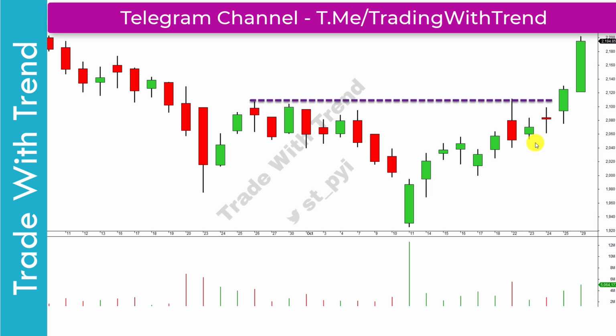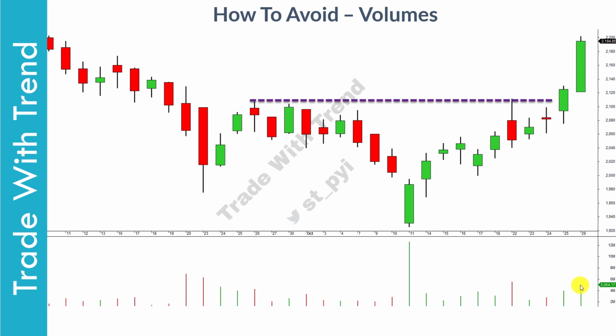Now, just go back to historical charts and check; so many charts break out in this fashion. And if you see this playing out in real time, avoid taking this trade, because you need to have presence of stronger hands in the stock, and only then should you be entering such structures.